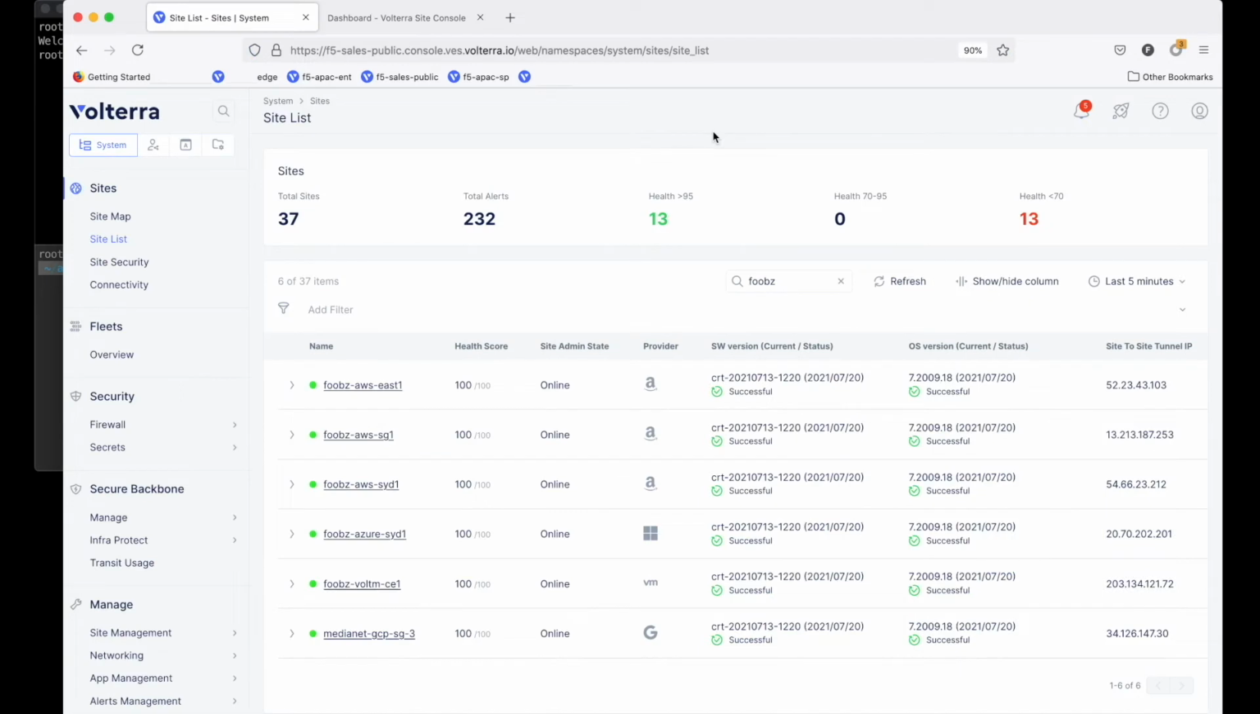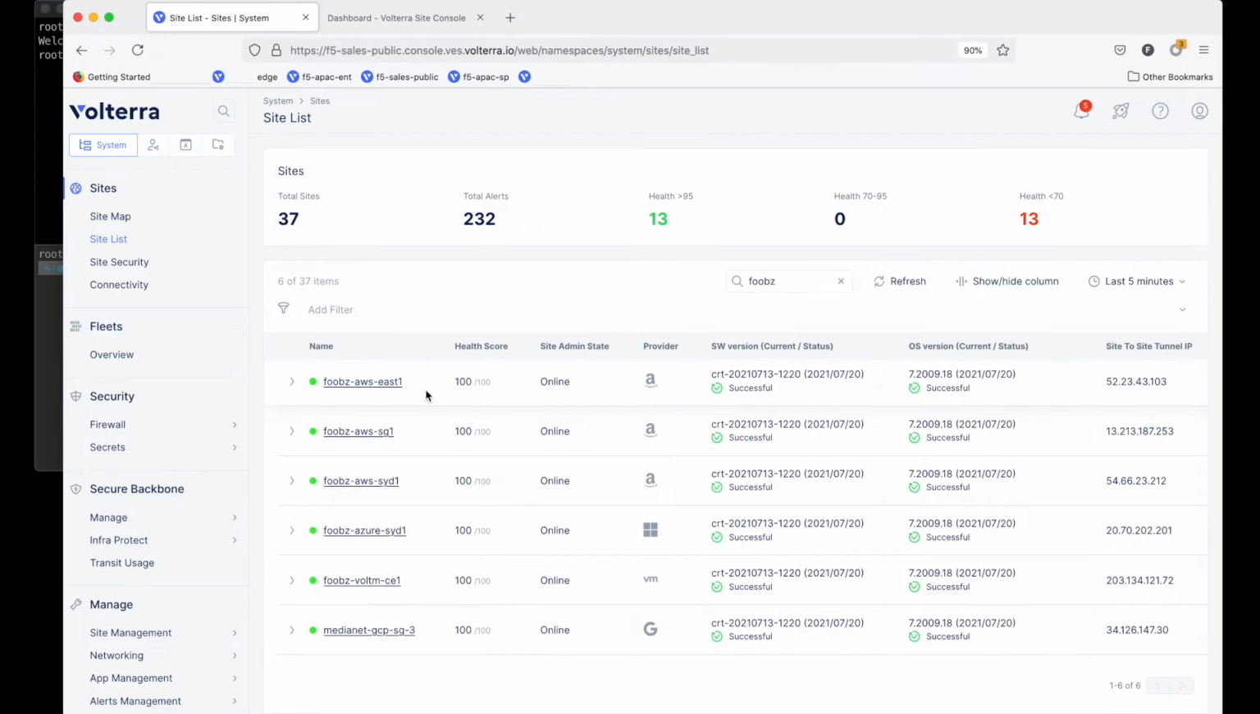Once you log into the WAP console, go to site list. This is all the sites that already have WAP mesh installed. Once you have the sites deployed, or the CE sites deployed, the second step that you need to do is